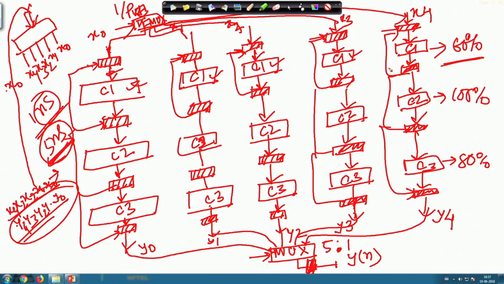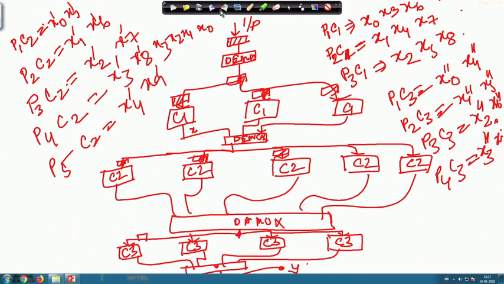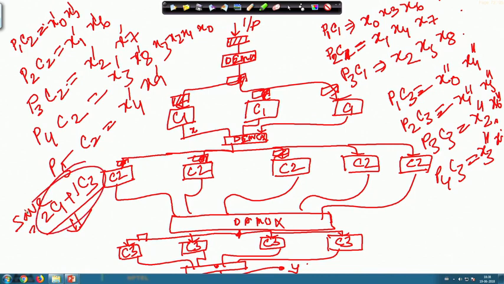here what I required was 5 C1, 5 C2, 5 C3, but in this particular case I need 3 C1, 5 C2 and 4 C3, and here you see all the blocks now have 100% utilization efficiency, that means all the time they are working. So, at that time I have saved 2 C1 blocks plus 1 C3 block. Okay. So, that means I can reduce the area by this number, and I can also reduce the power too.